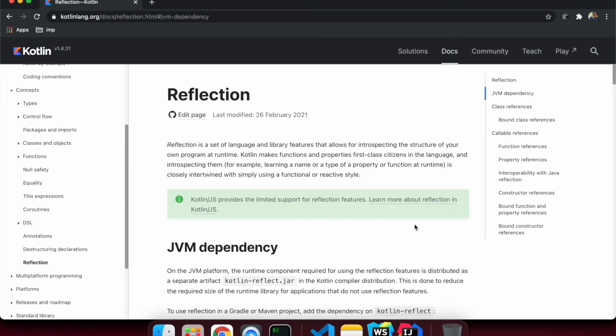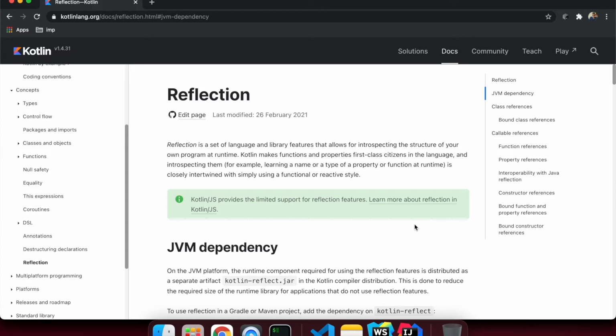I'm going to talk about what reflection is in Kotlin and how we can do that, and I'm going to explain those things in this lecture. Reflection is a very important thing, either using Java or Kotlin or any other language. Generally, we are looking inside a class. If we are talking about Kotlin or Java, we want to know through reflection what we have inside a class, like fields and methods. So how can we get that information through reflection?